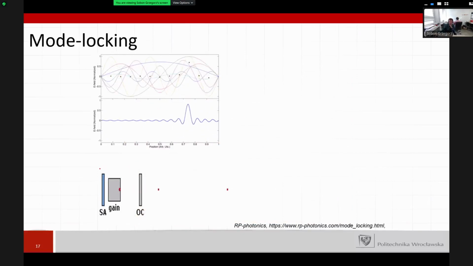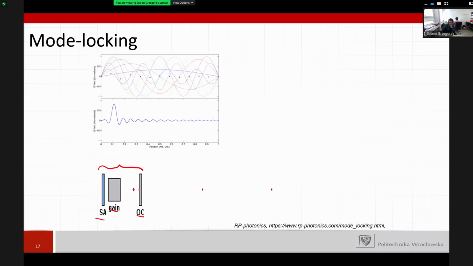So on the bottom here, you can see this is the resonator, the representation of the resonator. So we have two mirrors and the gain medium, and there is only one pulse that is circulating in this resonator. So we have one pulse that is bouncing between these two mirrors. And on the top here, you can see